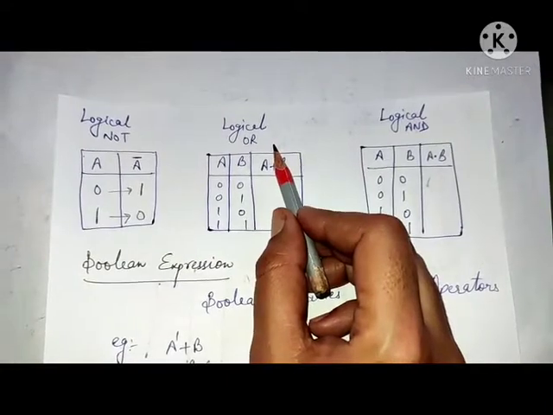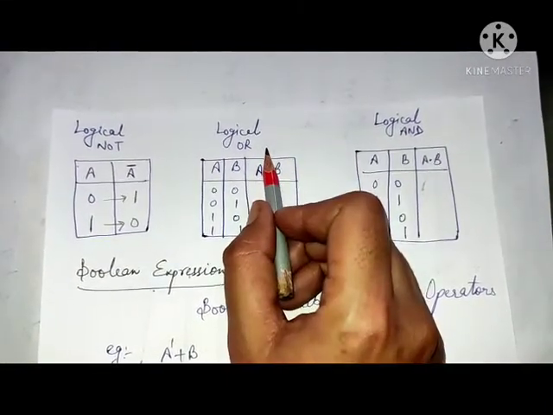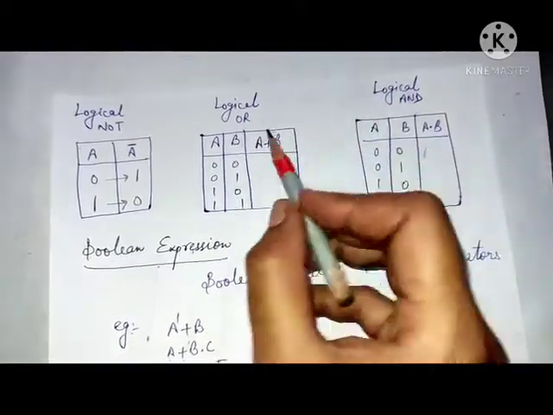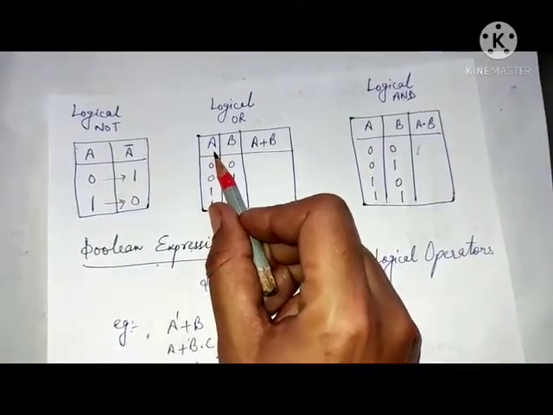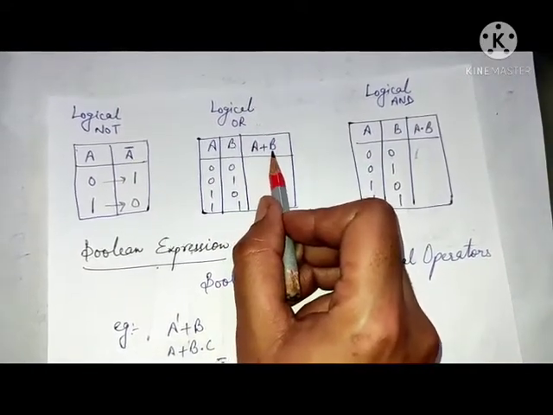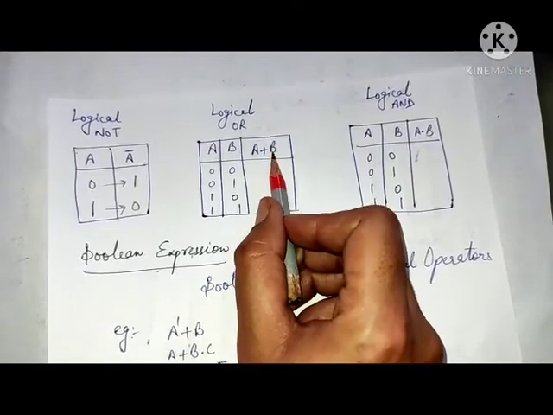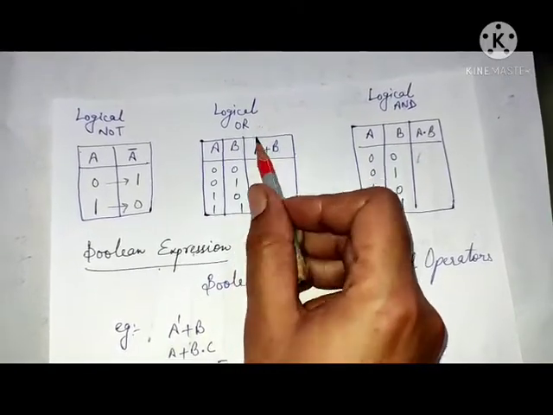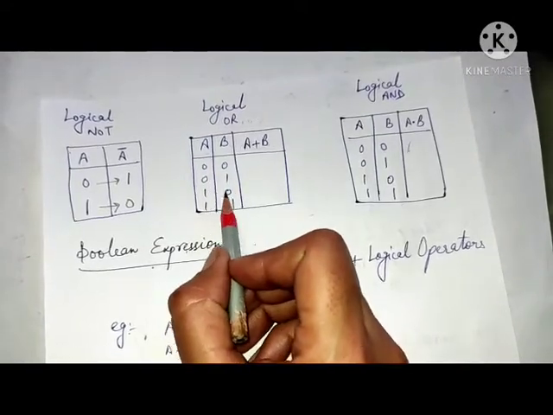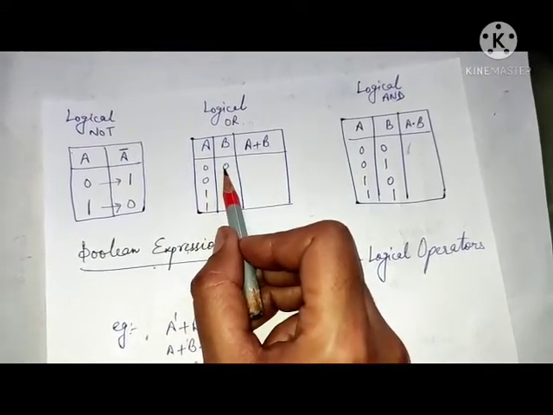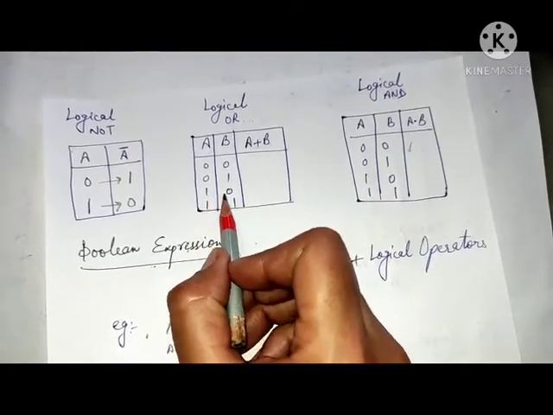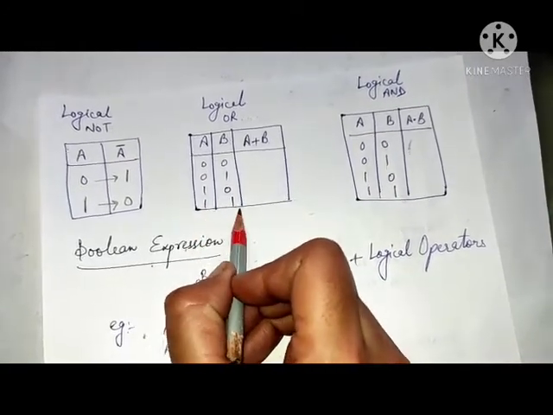Next is the logical OR operator. It needs two values so that it performs the addition of two truth values, and here I am taking two Boolean variables A and B, and I want to add both the variables like A plus B, because the plus symbol is the representation of logical OR. Here I am taking every combination of these variables: both are false, first is false and second is true, first is true and second is false, and both are true.